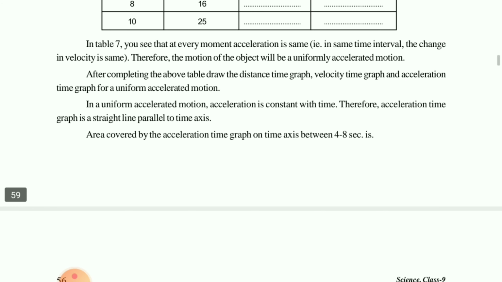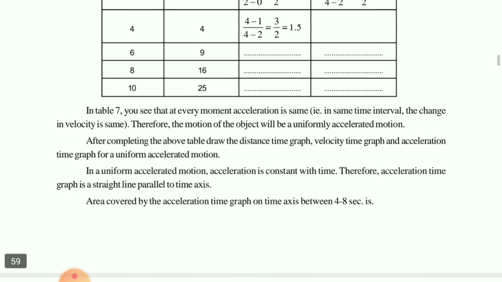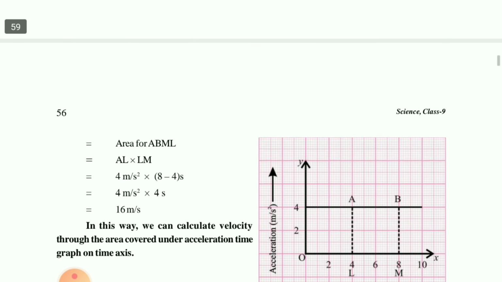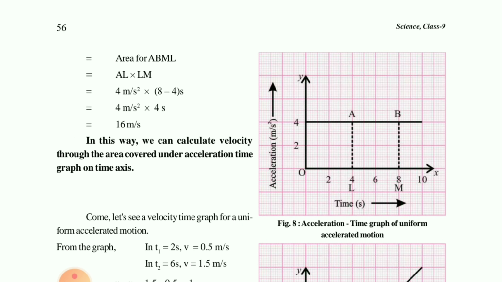Then children, the area covered by the acceleration time graph, that is between 4 to 8 seconds, that we will calculate. Now we have plotted one graph between acceleration and time. As you can see, in the x-axis we are representing the time, and in the y-axis the acceleration. In the x-axis, 0.2 difference we have taken, that is 2 points difference, and in the y-axis also the same thing. Area of ABML,